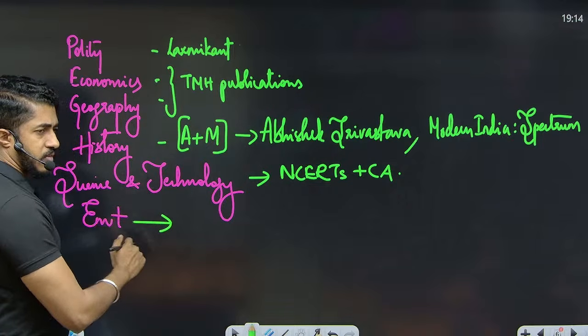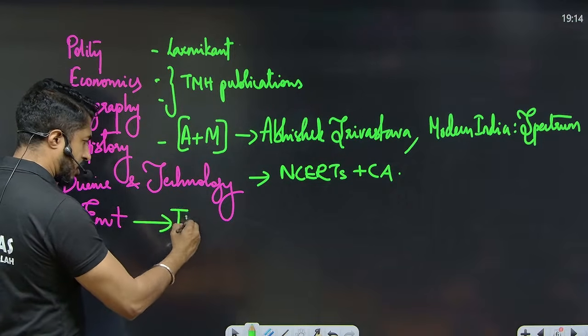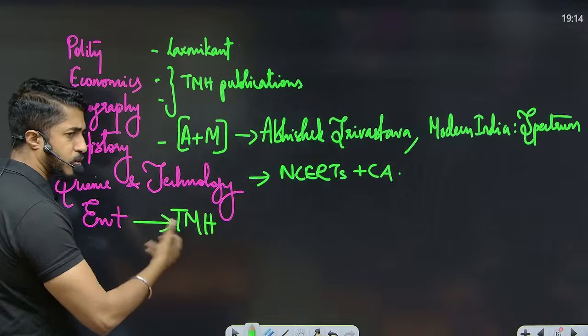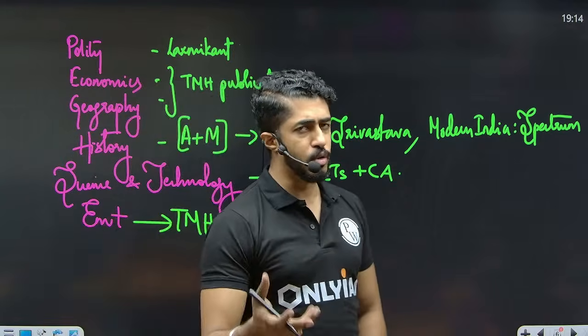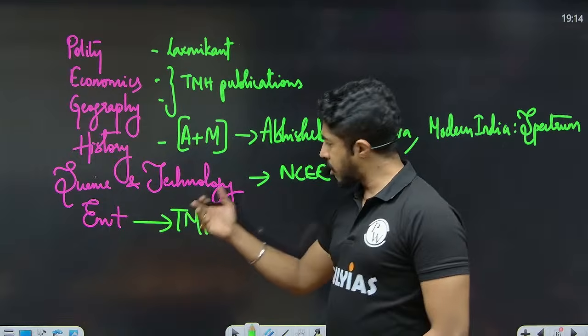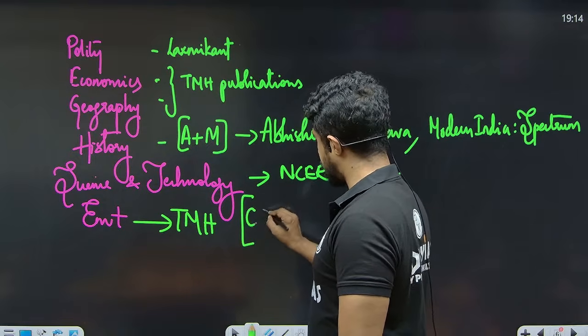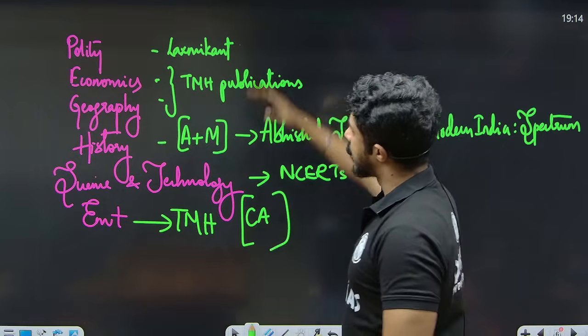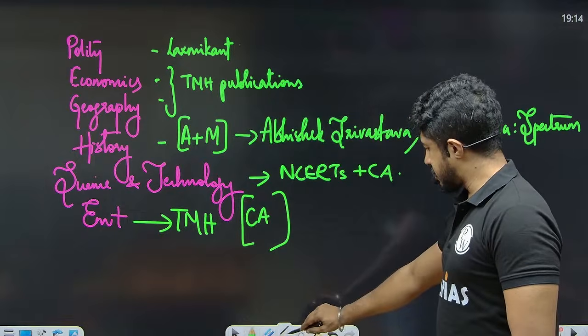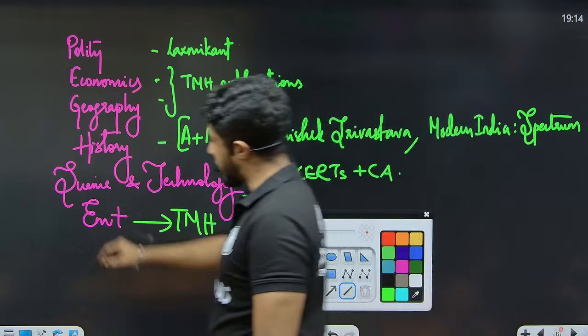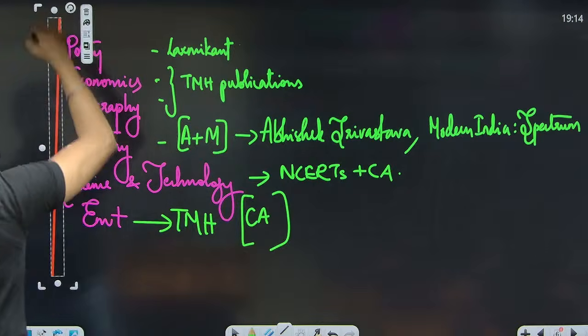Almost the same logic even for environment, or you can go for a TMH publication. Any TMH book you can take. Tata McGraw-Hill publication book you can buy. You can go for environment, or you can straight away go for current affairs. In all these cases, it is your sole duty to ensure that before you start with the standard subjects also,